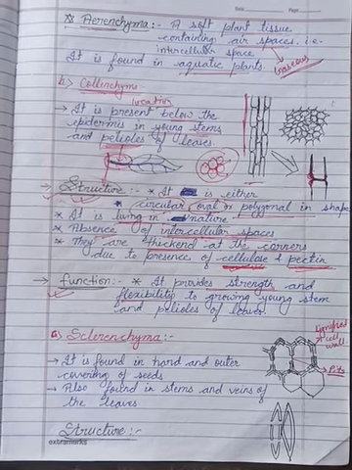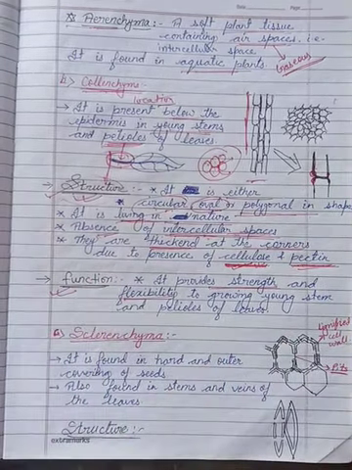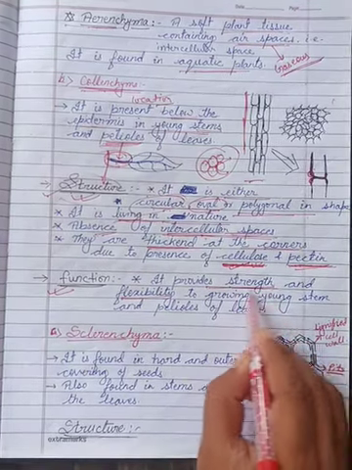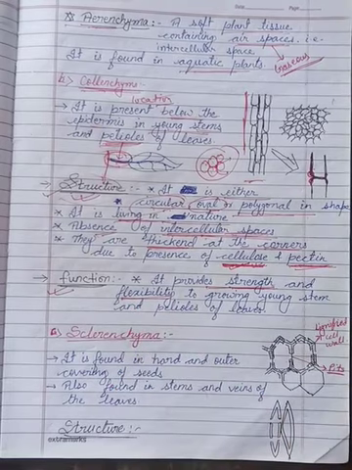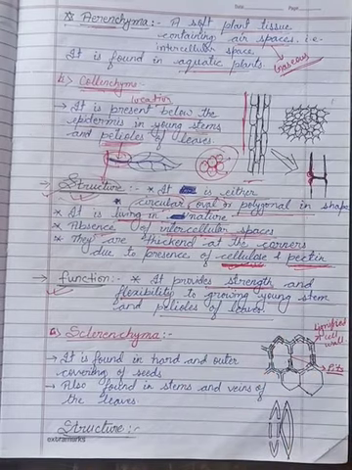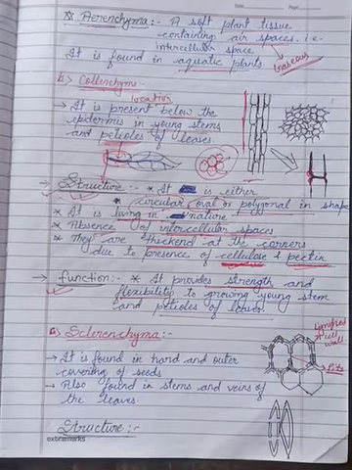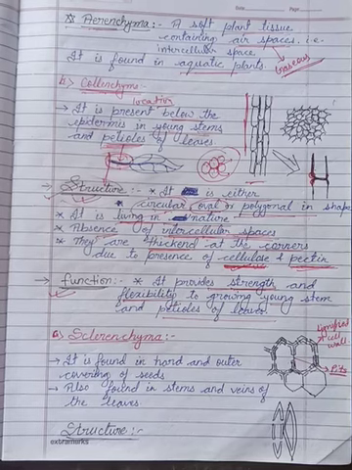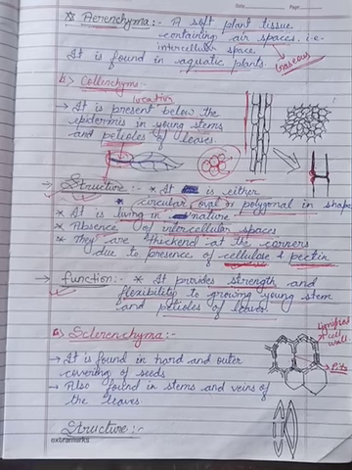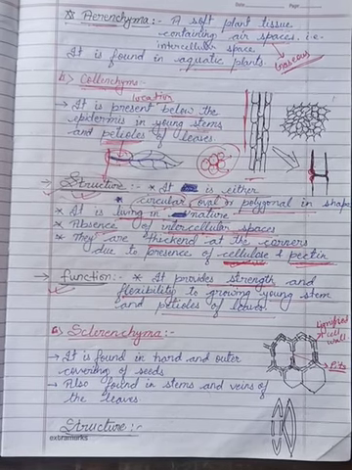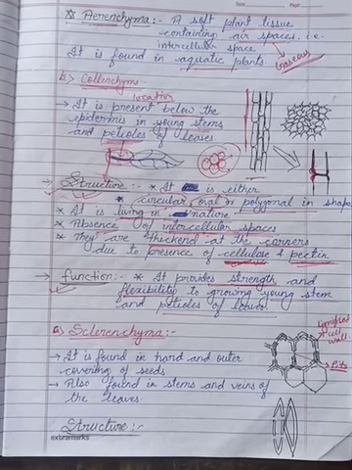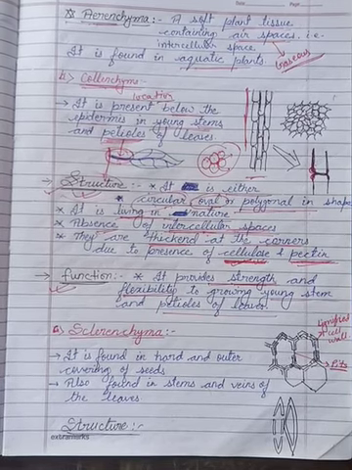Now we are going to study the function of the collenchyma. What is the function? The function of collenchyma is that it gives strength and flexibility to the growing young stem and petioles of leaves. Petioles. That means if you can see in any plants that move freely without any root movement, that can be moved according to the wind movement.